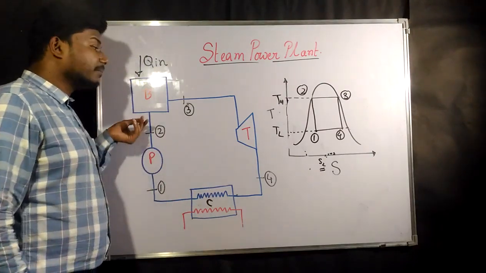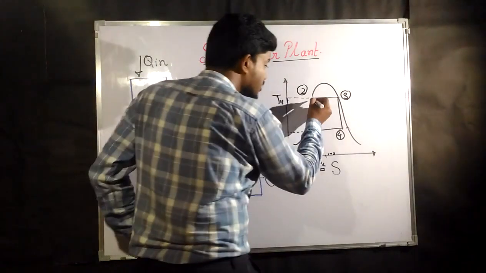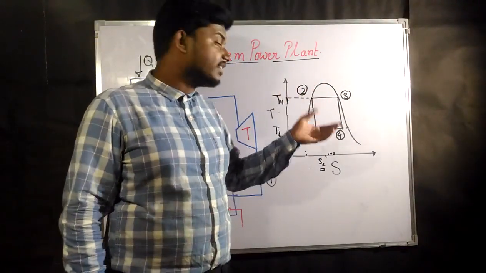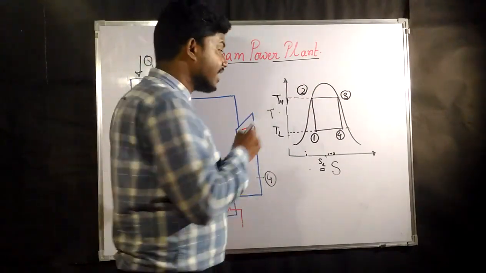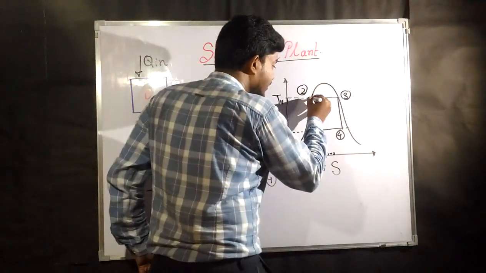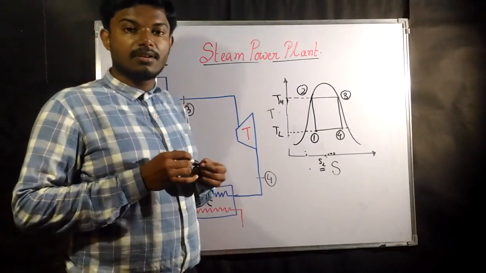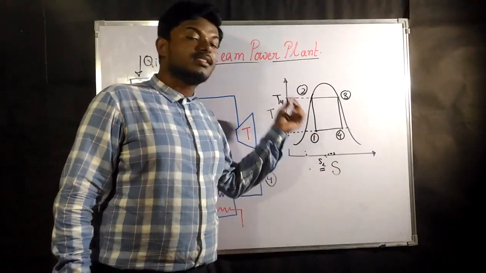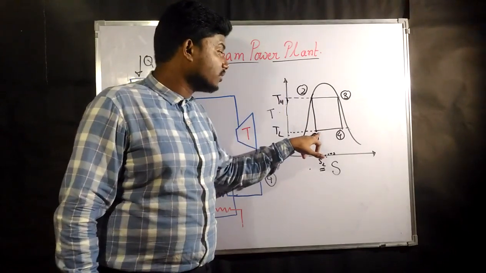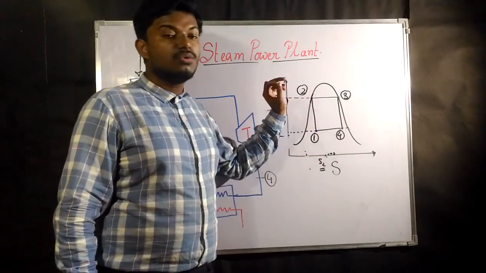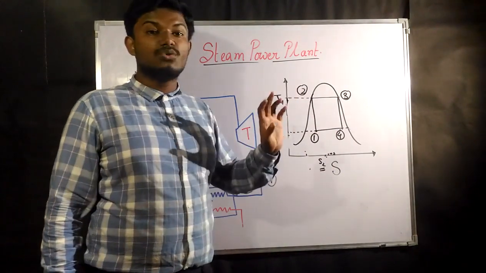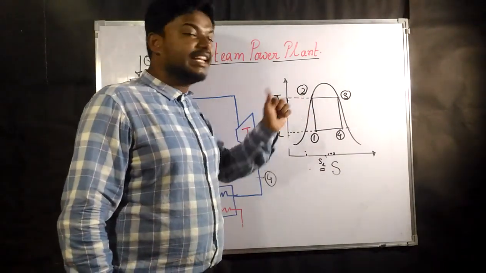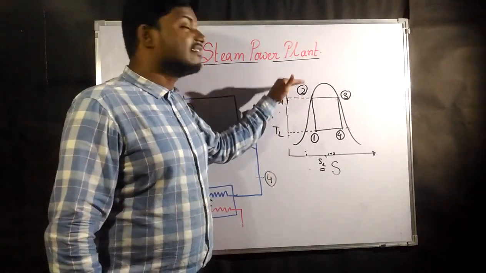Okay, so after pumping, what is going to happen? It is going to reach 0.2. That means what? Its temperature is increasing, but now it is getting into a saturated liquid part. Okay, previously it was liquid plus vapor, since it is 0.1. Okay, now in 0.1 to 2 after pumping it is reaching a temperature of TH.